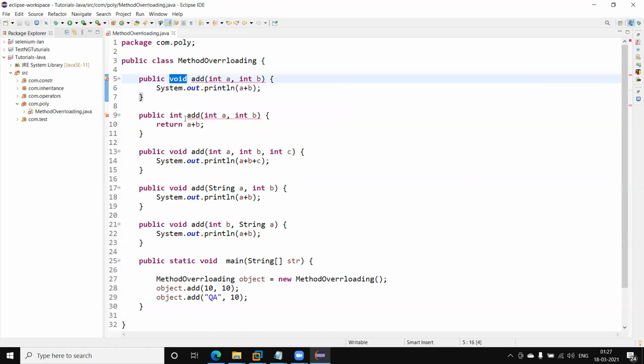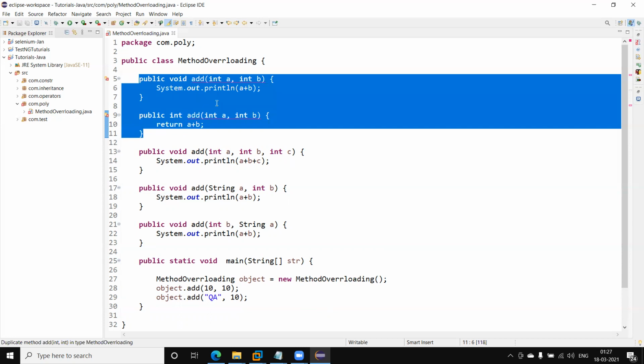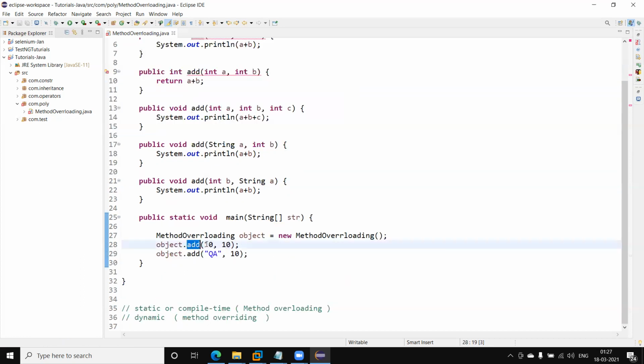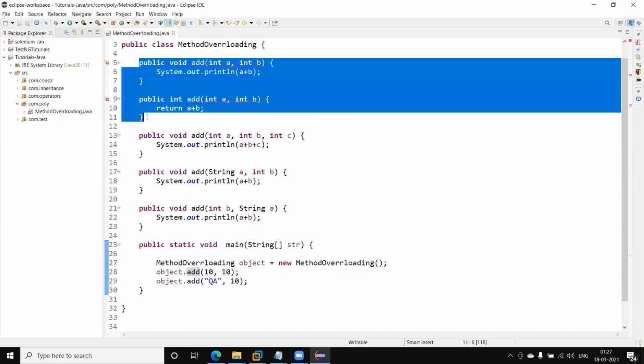Now you can see I am getting a compile time error, because this is compile time polymorphism. We get an ambiguity issue, because when we call it by passing two arguments, it will be confused about which method to call. So the return type does not play any role in method overloading. Only the arguments play a role.